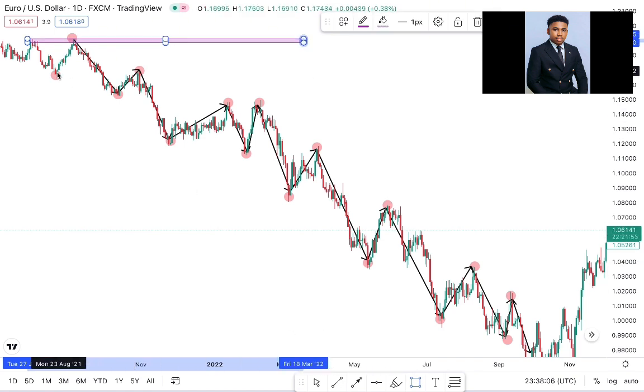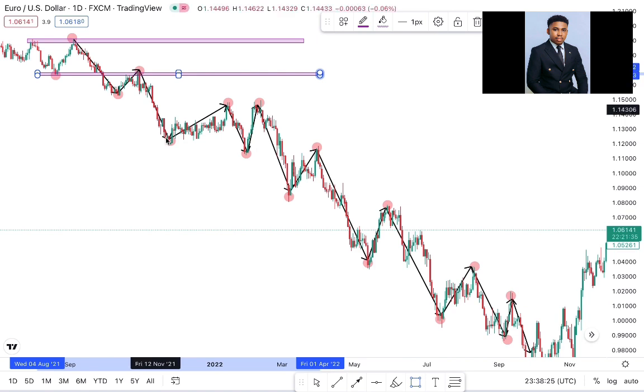So what else do we want to mark out? We want to mark out our support level. We can see that low was formed, we mark it out and extend it. Then something interesting happened. As price broke through this support level, it came back to that level, but now it's no longer a support, it's now a resistance, as you can see here. And what happened after that? It sold. So this is where you want to be entering your sells, at resistance levels,